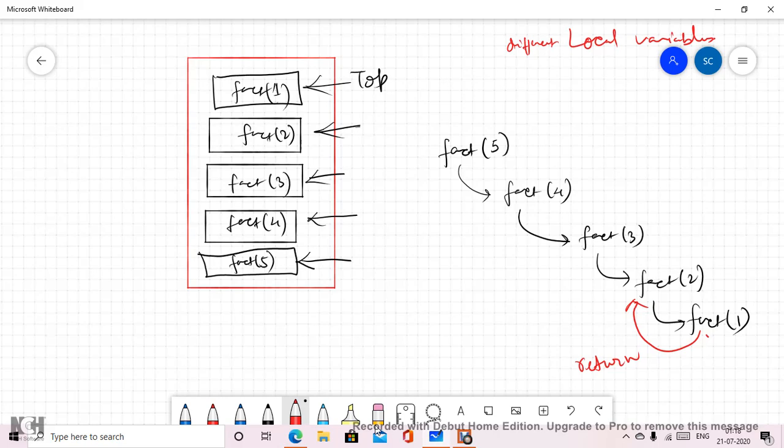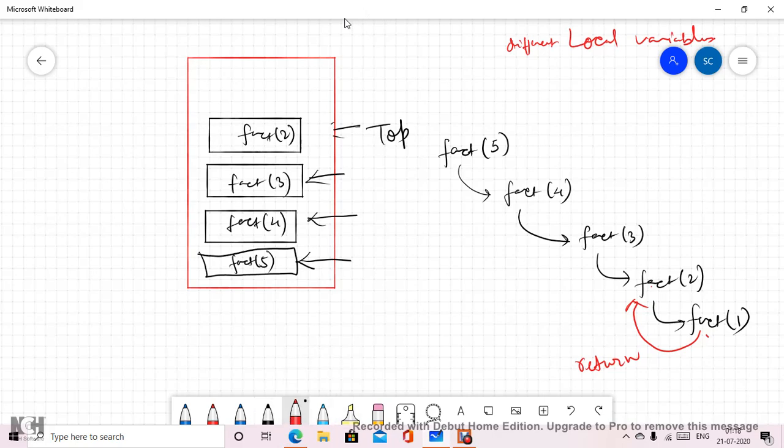Once it returns the value to fact 2, again we will have a reverse chaining order, and now my top becomes fact 2.